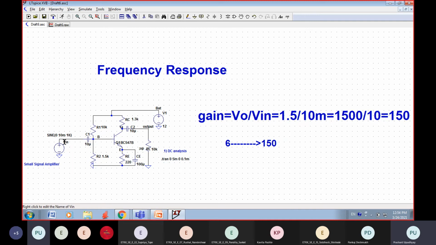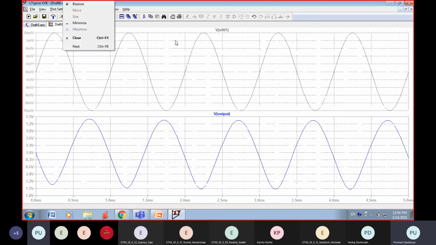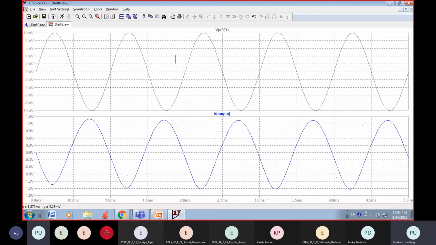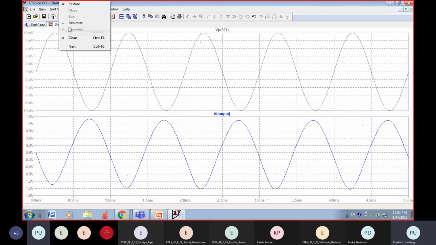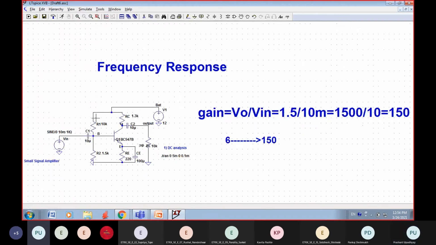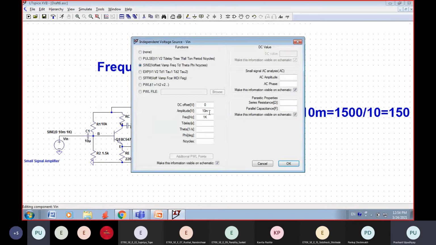So I'm going to work with this signal. First of all let me just remove this. So this was the previous output. I'm just showing you on a larger scale. Let me just close it. Now I'm interested in frequency response. I'm going to now change the input now.